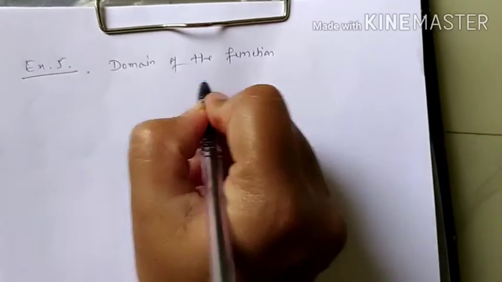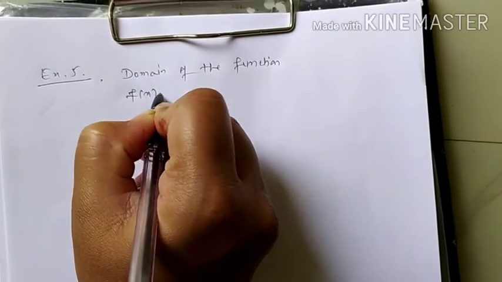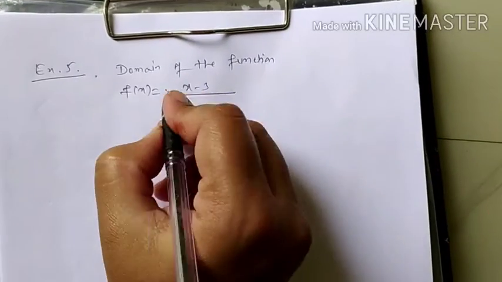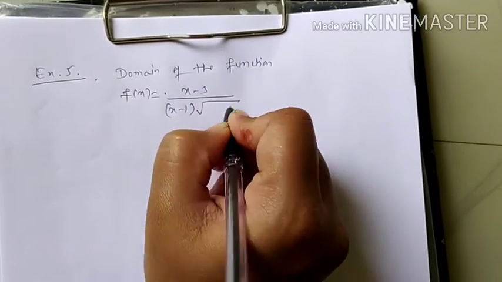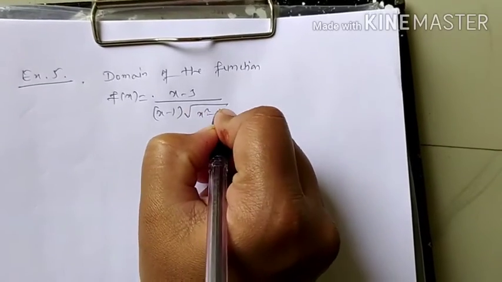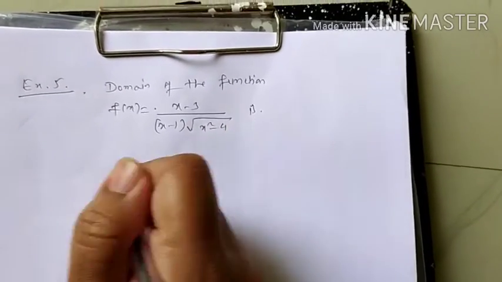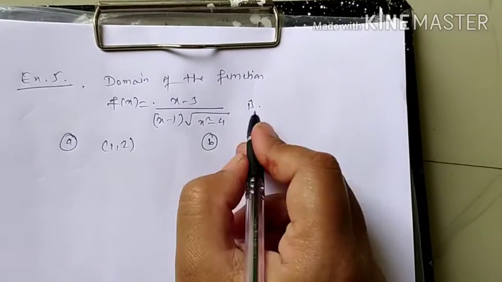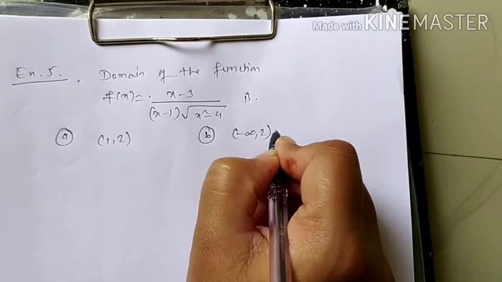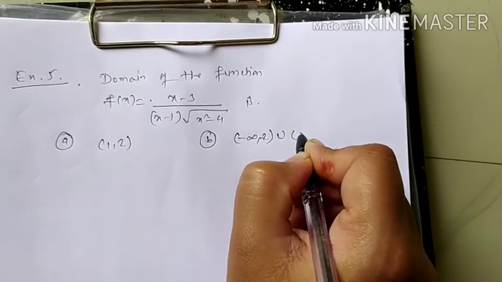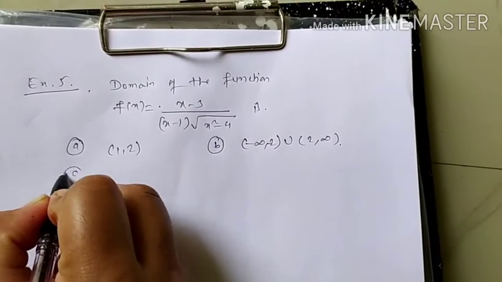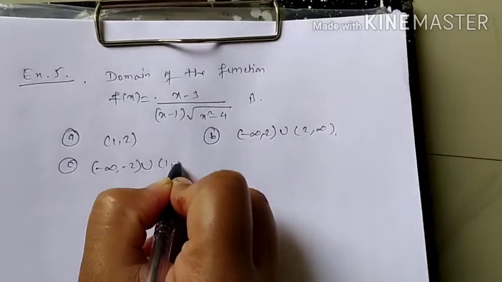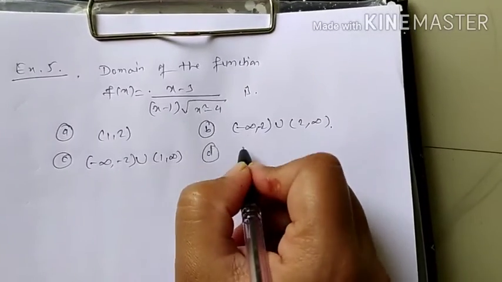The function is f(x) = (x − 3)/((x − 1)√(x² − 4)). The options are: first option, open bracket 1 to 2; option B, minus infinity to minus 2 union with 2 to infinity; option C, minus infinity to minus 2 union with open bracket 1 to infinity; D, minus infinity